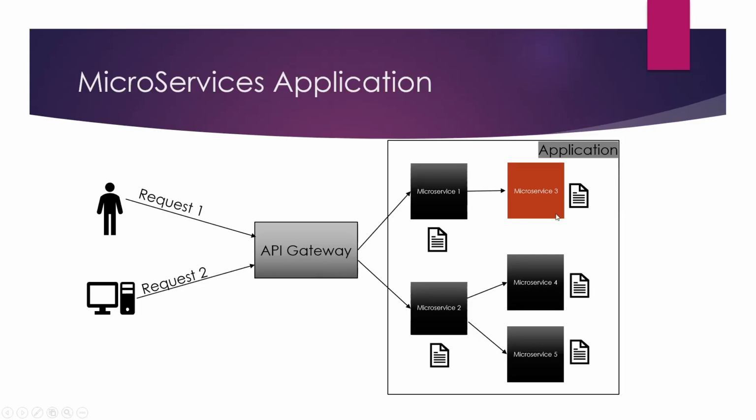And let us suppose microservice 3 is the microservice with the issue which is causing the backend errors or the performance issues, but we don't know it yet, and we have been assigned the task to find out the root cause. In this scenario, to troubleshoot the issue, we have to look through the logs in each of these microservice applications that are invoked, and filter out the logs for the failures in the request.